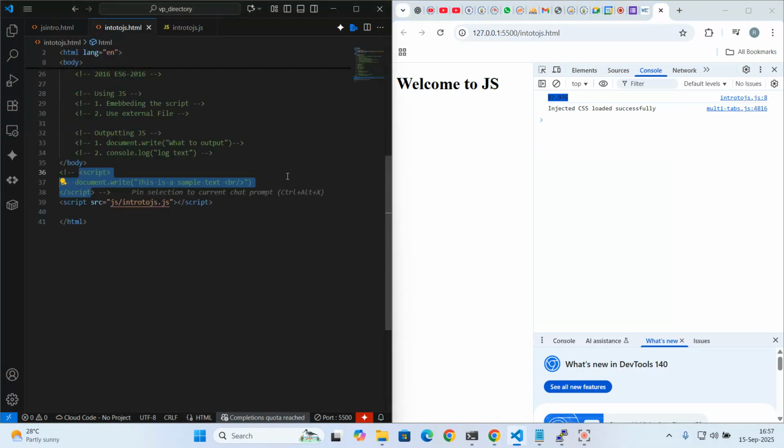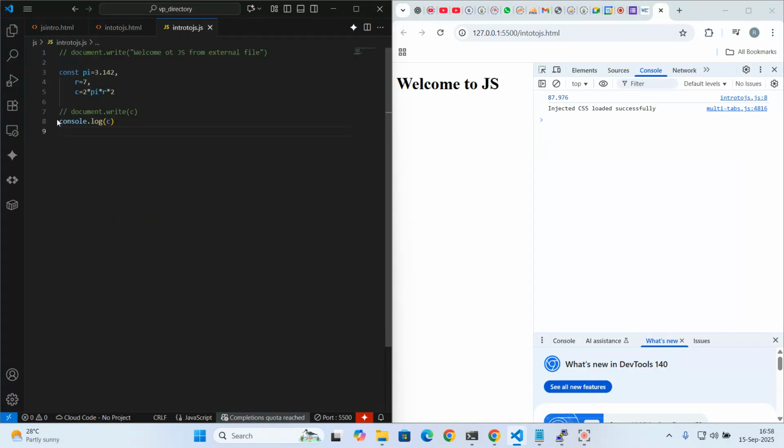Now, the other thing you can do besides console.log, the third method you can use to output JavaScript, is what we call an alert box. So we can also use the alert function to output the values. So how do you use an alert function? An alert is basically a function that pops up on your window, something like a message box. So here again, besides using console, we can still use alert, and you can say something like this: